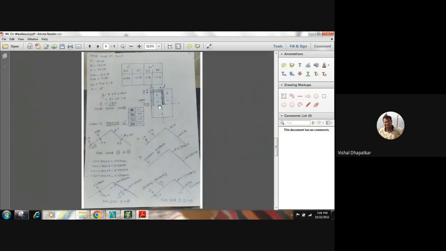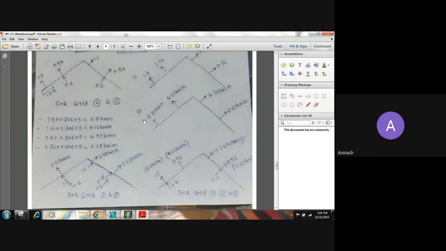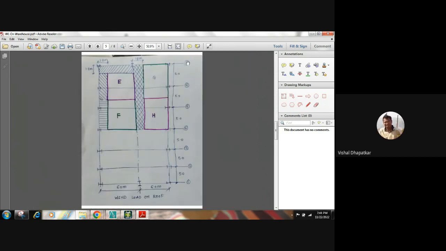ओके सर, that 5 meter we have to multiply. तो ये सारे ग्रिड पर इसी तरह सारा डिस्टेंस निकलेगा सर? Yes, it will be based on the contributory width. So when we are considering grid 7 and 1, it will be 2.5, not 5. For 1 and 7, it will be 2.5, but the rest of the grids will be 5 meter. Clear? ओके सर।